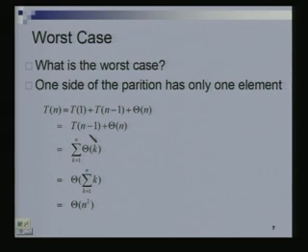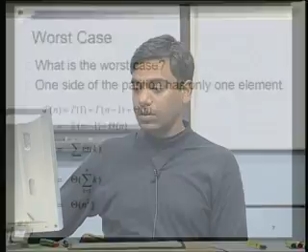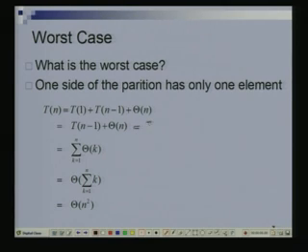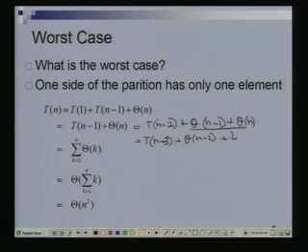Not clear? Okay, let us make it clear. What all I am saying here is this is then equal to T(n minus 2) plus theta of n minus 1 plus theta of n, which is T(n minus 3) plus theta of n minus 2 plus this term, which is equal to T(n minus 4) plus theta of n minus 3 plus this entire thing, and so on and on. So that is all you will get.